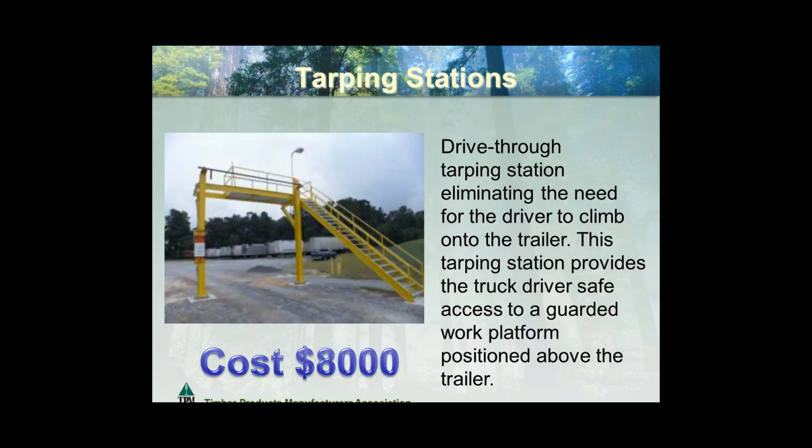So here's an example of another tarping station. I just looked online and did some research on a few other ideas out there. This one is a drive-through tarping station, which eliminates the need for a driver to climb around at all. It provides a safe access platform and a position above the trailer. I like that you are providing the fall protection with the tarping station, with the lanyard and all that stuff, but